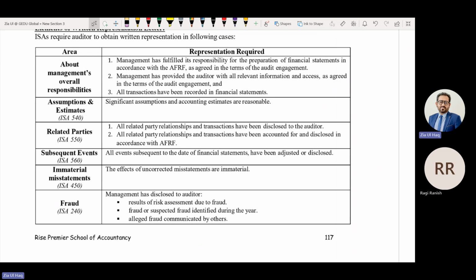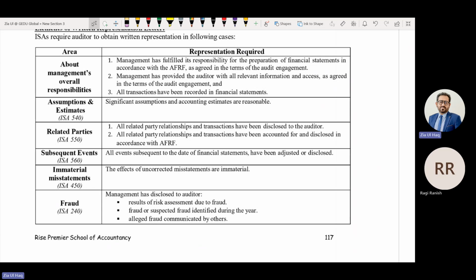At the end of every audit, we require a representation from management: please sign this page that you have fulfilled your responsibilities of preparing financial statements, implementing the internal control system, and providing information access to auditors. This is what is known only to management.